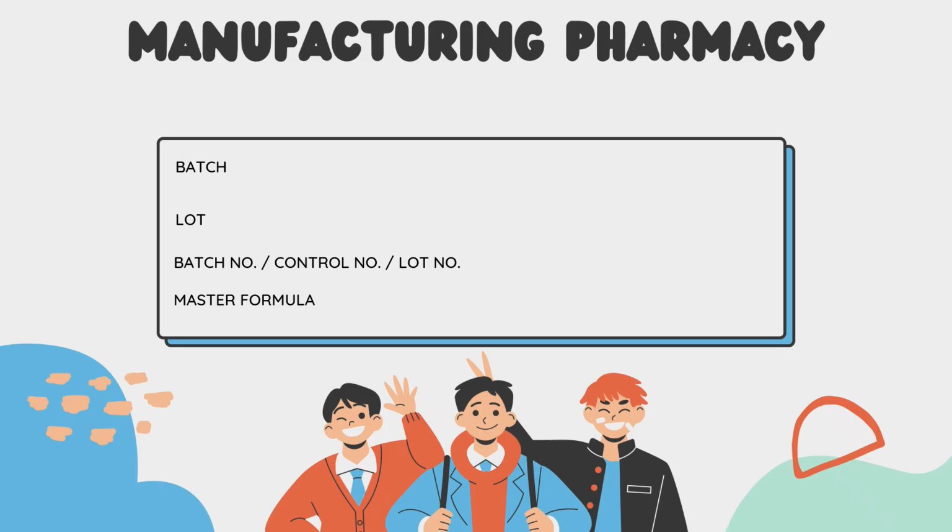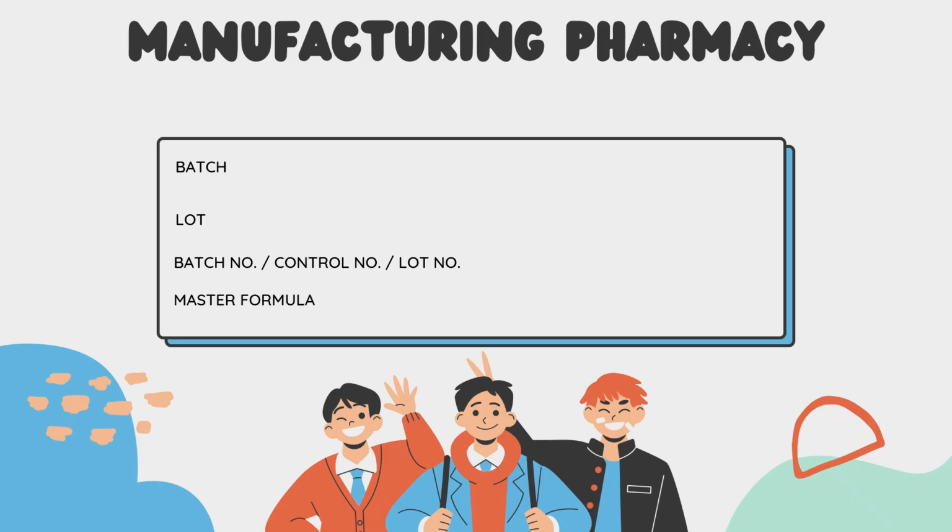Next is lot. This is sometimes used interchangeably with batch, but technically, a lot can refer to a portion of a batch or a grouping used for tracking and distribution. In packaging and labeling, you'll often see the term lot number. Then we have batch number, control number, or lot number. These are unique identifiers assigned to every batch or lot. They are used for traceability, documentation, and most importantly, for recalls or investigations, so we can quickly identify where the